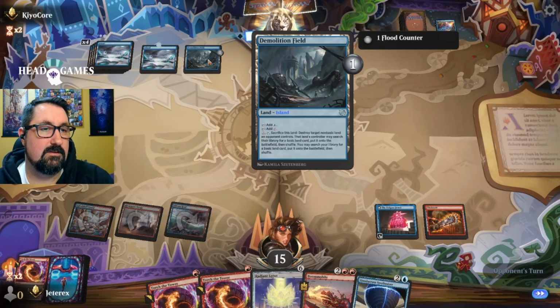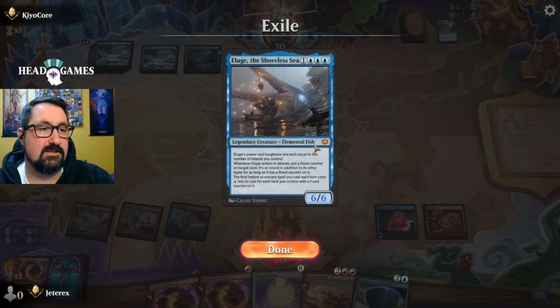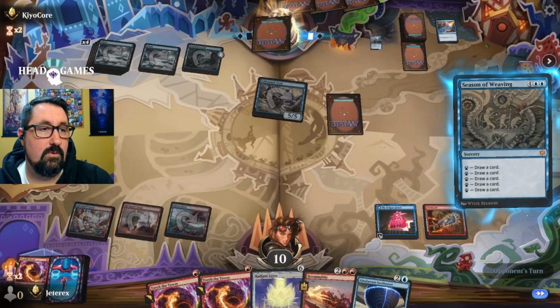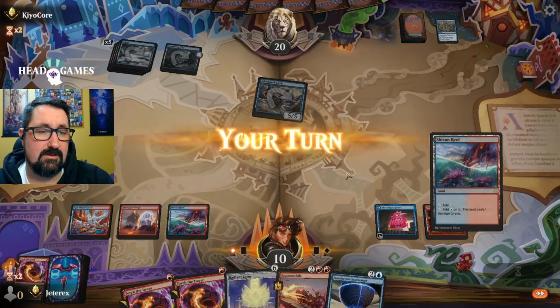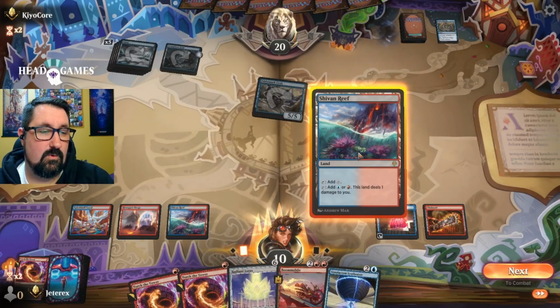That's really cool. What was that thing that I exiled? I've never really looked at this card all that well. Power and toughness equal to islands. Woo! That's a lot of cards for our opponent. Okay. So we...